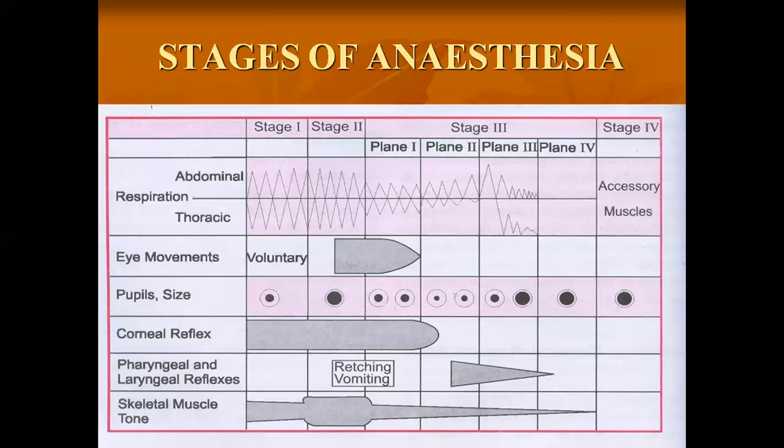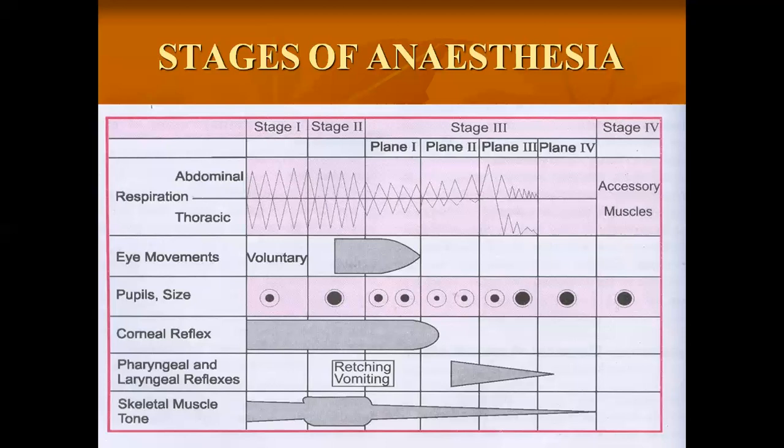Stage 2 is also the stage of delirium or excitement. Stage 2 extends from the loss of consciousness to the beginning of surgical anesthesia. It may be associated with excitement, shouting, increased muscular activity, breath holding, tachypnea, and hyperventilation. Some of these